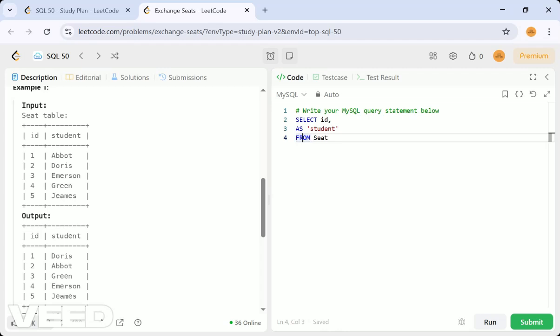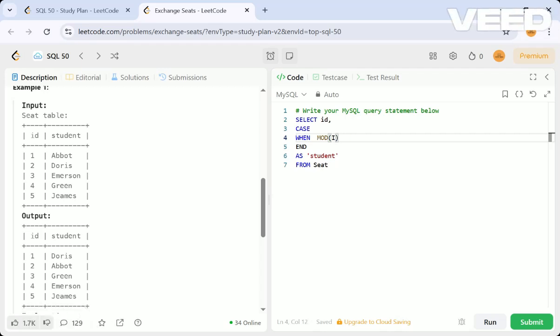So now we have cases, right? Case when it is not odd, so that is mod of id comma 2. Mod is id divided by 2, then we get to know whether it is odd or even. So if mod of id comma 2 is equal to 0, then it is not an odd number.